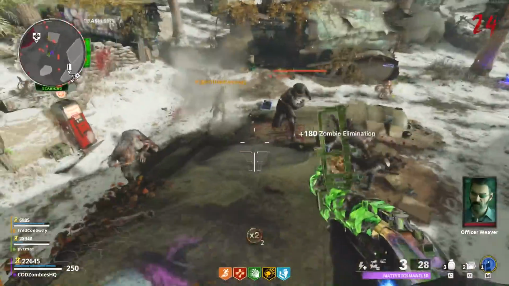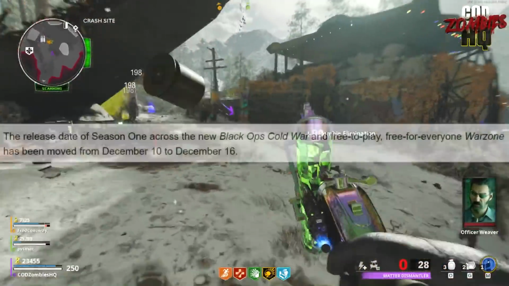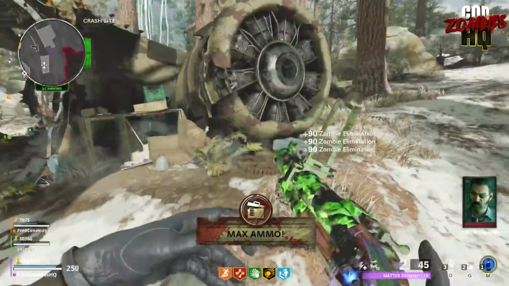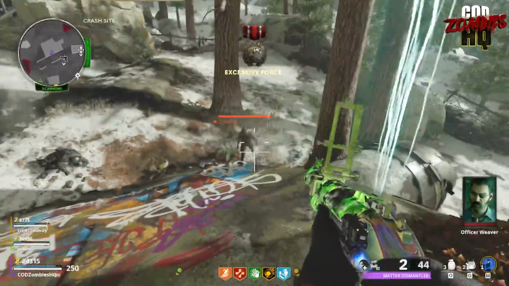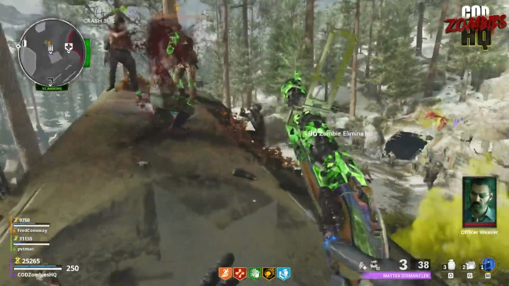Because moving on to our second story of the day, the release date for the drop of Season 1 here in Cold War has been delayed to December 16th, and while Activision and Treyarch didn't really give a specific reason for the delay. Usually when these things happen, there'll be extended sentences of, oh, we just needed a little bit more time to get everything perfect for you guys. There wasn't really much of that here, leading to speculation that it is probably true that they delayed the release